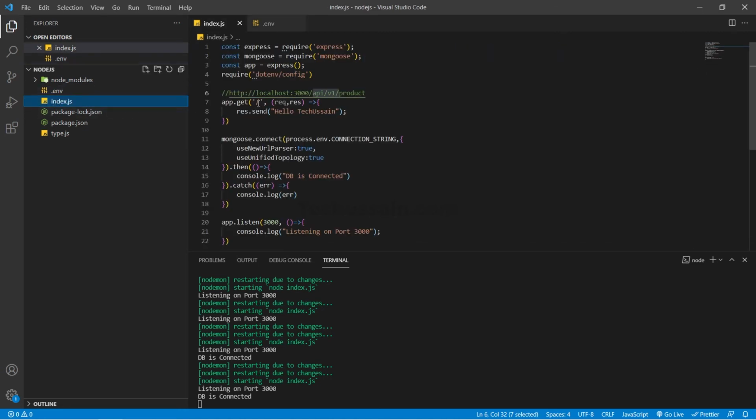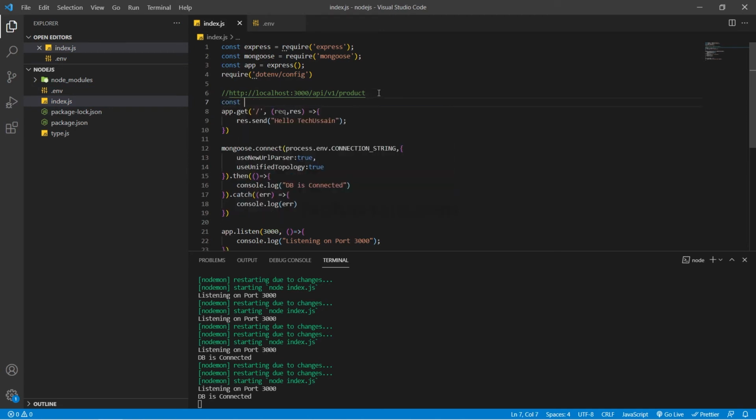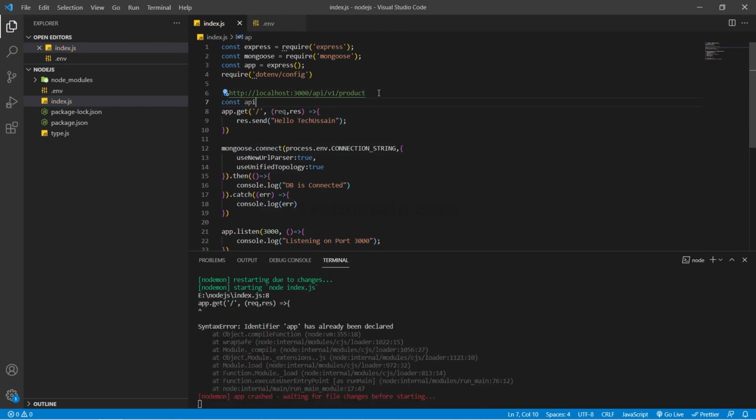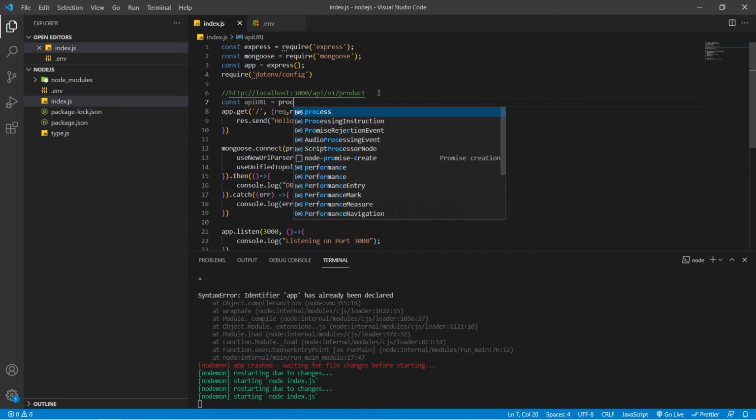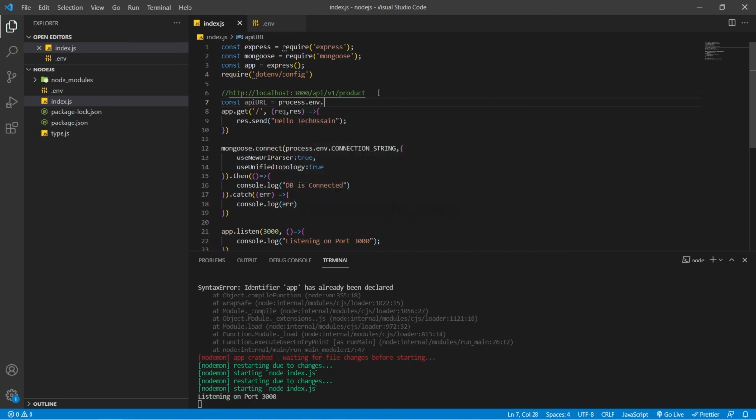Now I'm going to use that variable here. I can assign this to a constant variable and use it here. To do that, const API_URL equal to process.env.API_URL.